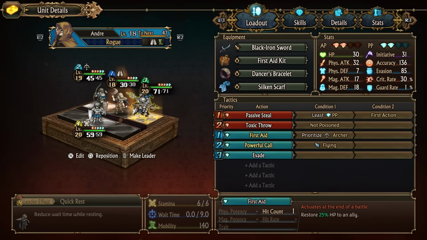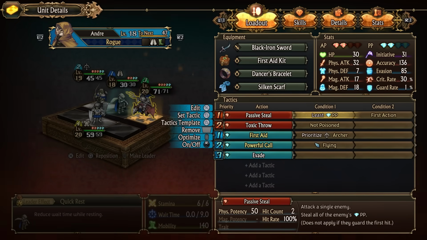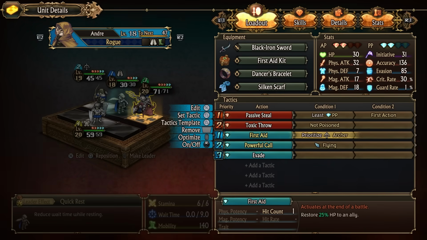Then we have Andre the Rogue. This is kind of an interesting pick, but I like it for a couple of reasons. First of all, I'm a big fan of first aid medic rogues. I haven't really talked about it that much in videos, but the idea here being that you can use your rogues to passive steal off of the enemy, reduce their passive points, and give themselves a nice surplus. So that way at the end of the battle, they're likely to have at least 1 point left over that they can then use with first aid, I should say, to heal up a member